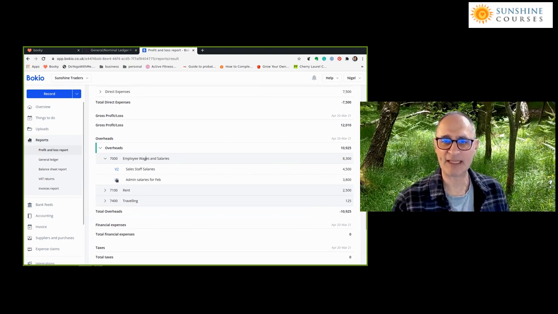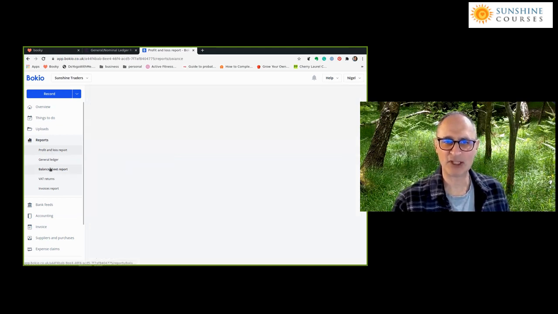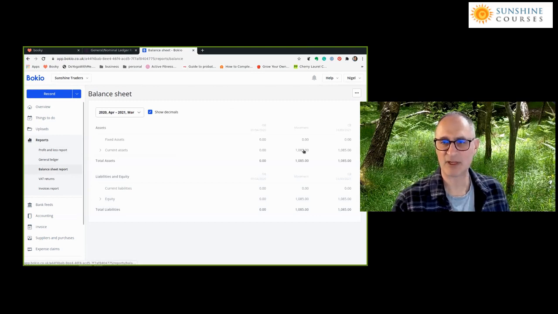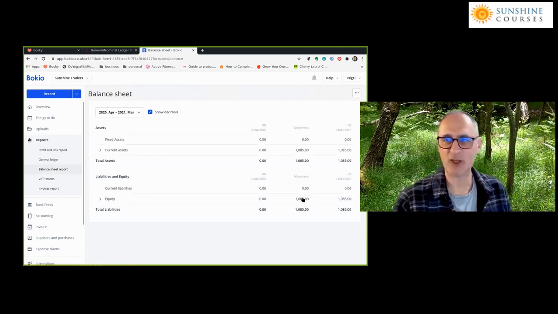Again, I can go back to the individual journal if I wanted to look at what it was, see the audit trail to the particular entry, or I wanted to change anything. And it's got the profit and loss account, and similarly the balance sheet, same thing. It's got my bank of £1,085, showing my shareholders' equity of £1,085. Again, it uses the conventional balance sheet format. And it's also got this